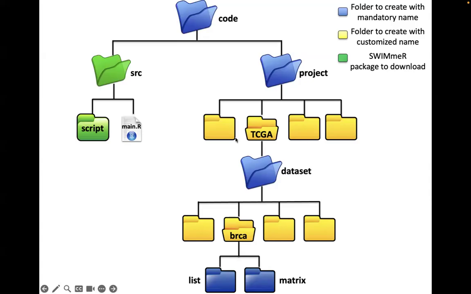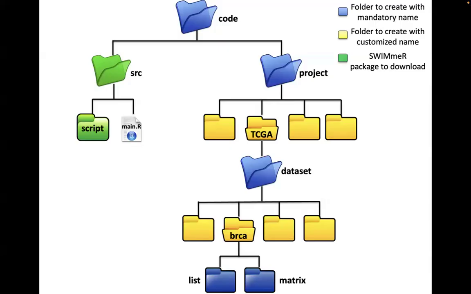And for instance, if you want to work with the data from the Cancer Genome Atlas, you can call your project TCGA. But inside this folder, you have to create a folder with a mandatory name that is dataset. And inside this folder, you can create as many folders as you want, and you can give these folders the name you prefer. For instance, if you want to study the breast cancer data from the TCGA, you can name